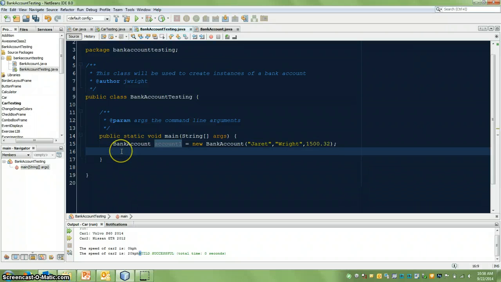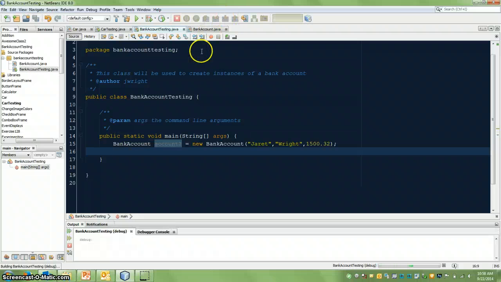Because we have this package up here, everything that's inside of this package we can reuse. We don't need to import or do anything else, which is really nice. So now we can create a bank account. If I step into this,